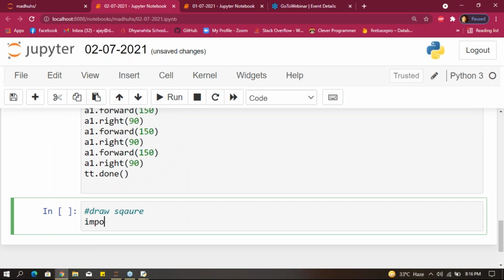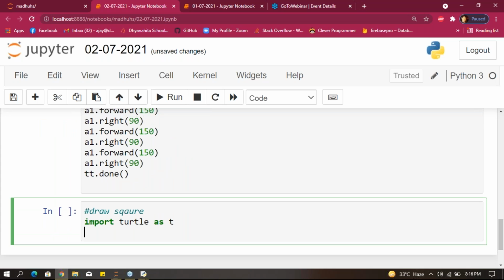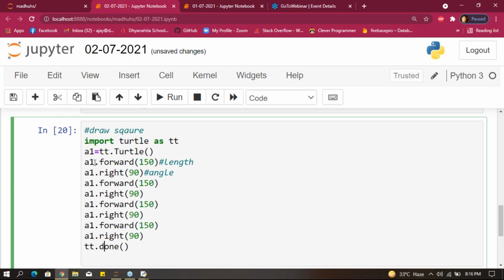Now we'll see: import turtle as t. a1 equals t dot Turtle, we have to give capital T here. After that, a1 equals turtle.